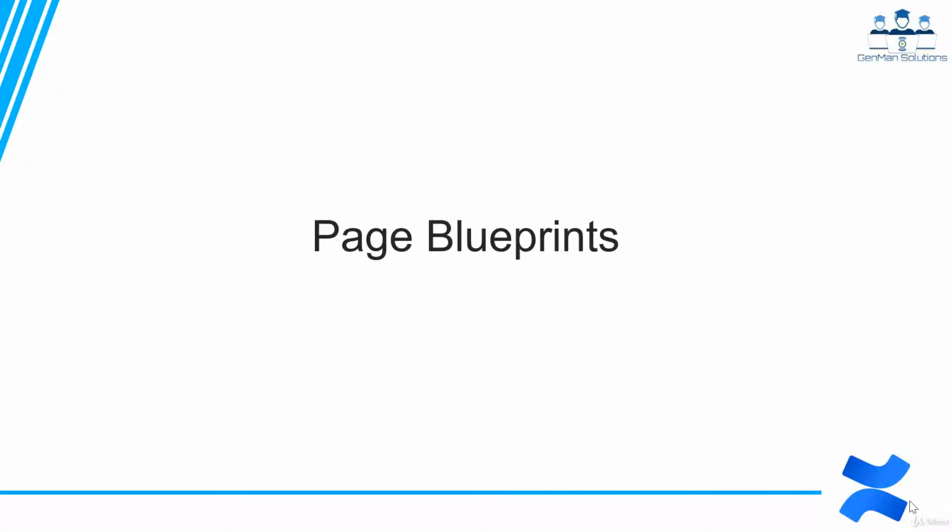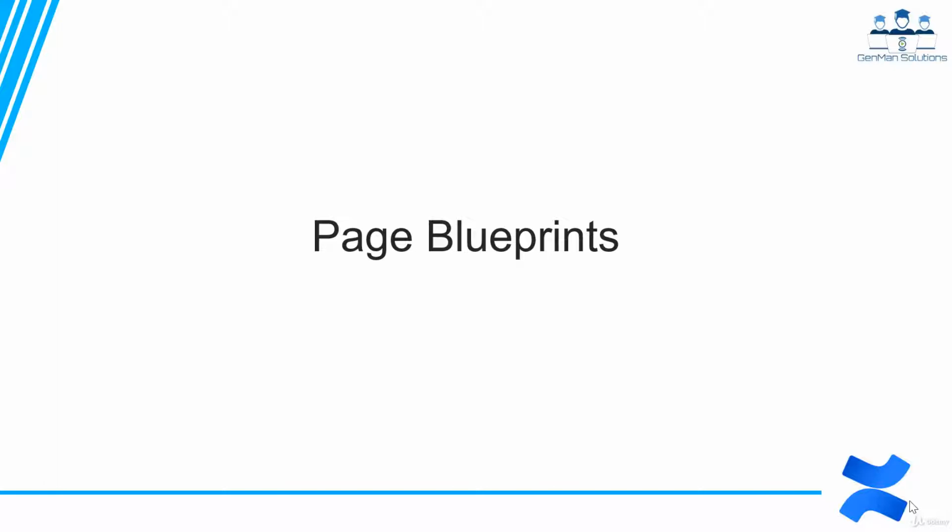In this lecture, we will go through one of the important features of Confluence, that is page blueprints. A blueprint, as you would be aware, is a set of templates with added functionality to help you create, manage and organize content in Confluence more easily. In one of the previous lectures, we looked at creating space blueprints like knowledge share, documentation space, etc. In this lecture, we'll go through the page blueprints.